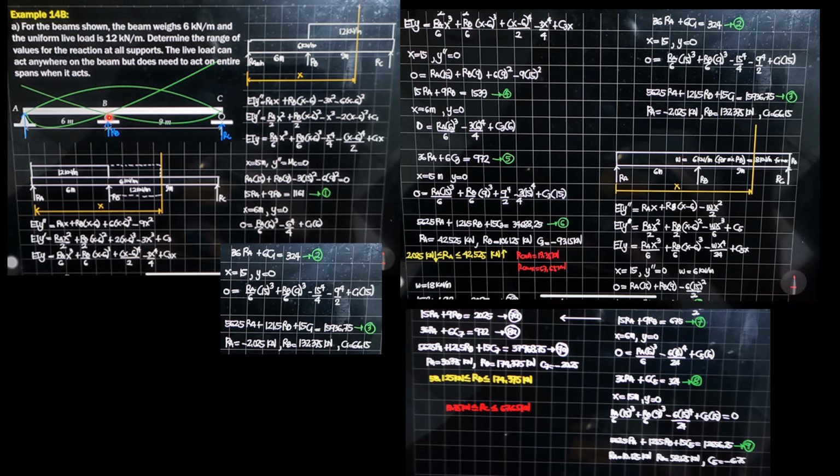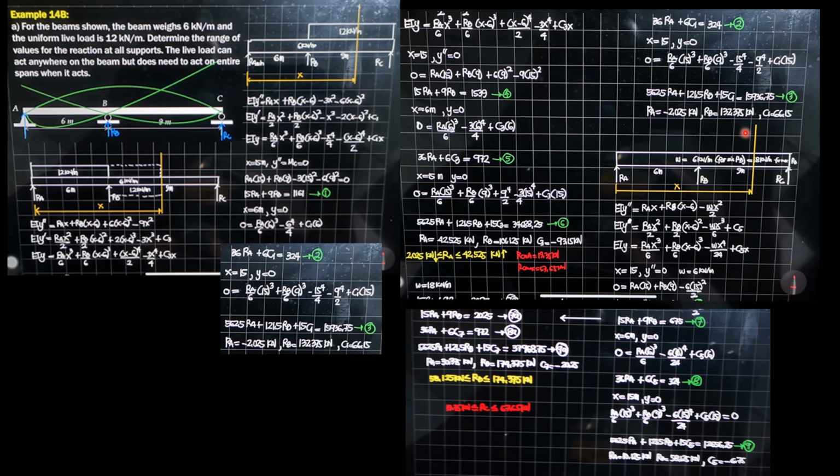Likewise, when we want to maximize RB, it also tells that we have to load entirely ABC with live load. So therefore, the loading for ABC to cause minimum and maximum reaction at B would be uniform. So I'll just make it variable W: 6 when we want the reaction at B minimum, and 6 plus 12, 18 when we want RB to be maximum. So let's begin with W.